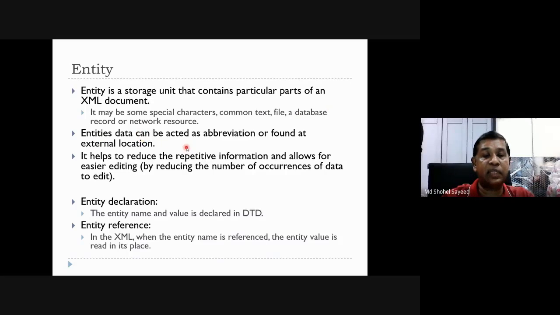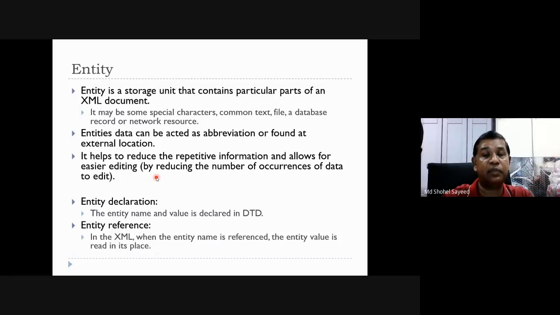Entity data can act as an abbreviation or be found at external locations. It helps to reduce repetitive information and allows for easier editing by reducing the number of occurrences of data to edit. That means you can declare the entities and use them in different places, so it reduces repetition.